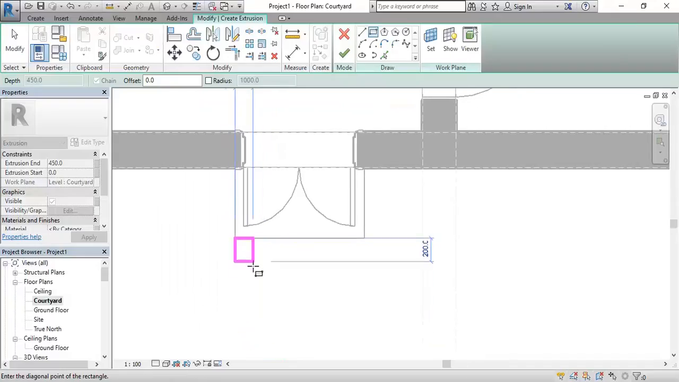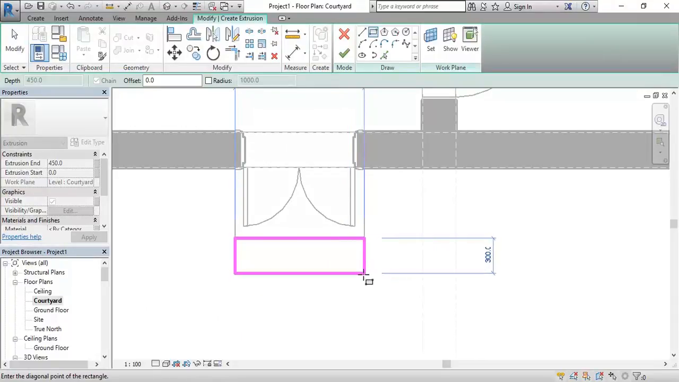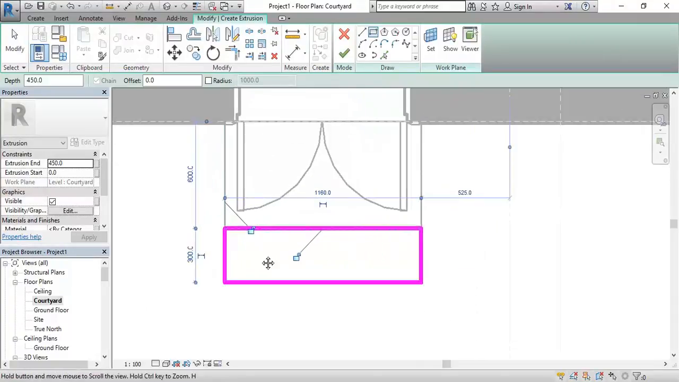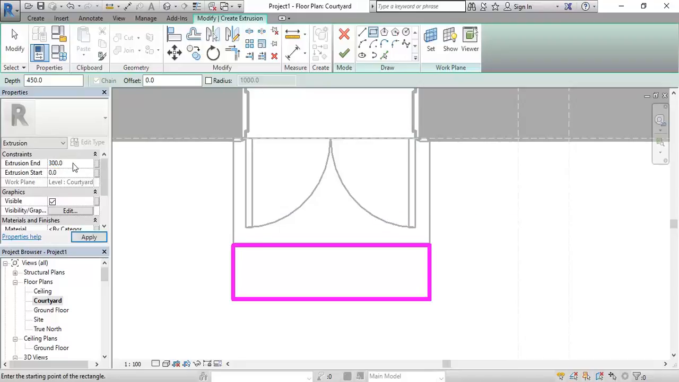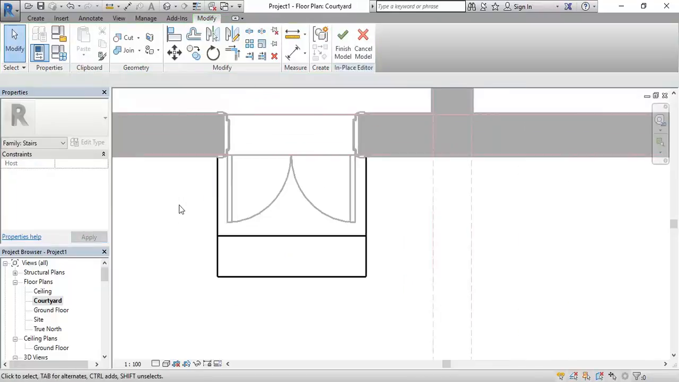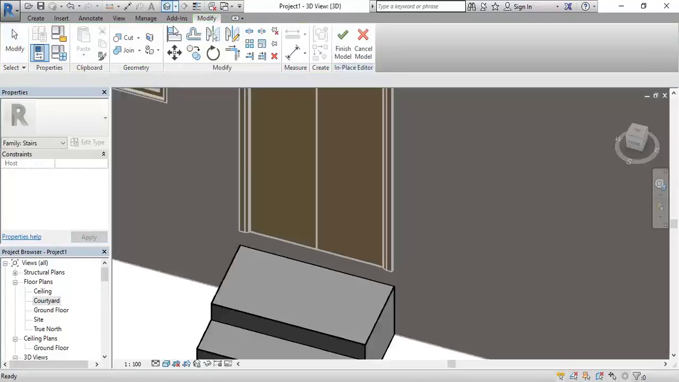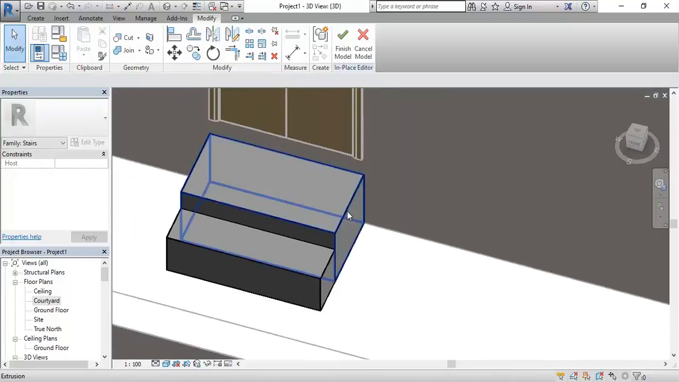Okay, so now we know some of the controls, so this tread depth can be 300. And notice my riser was 450 before. This time I want to be stepping down 150, so that's going to be 300. Tick to finish. So let's look at that in 3D. So we've got the step for the landing, step down one riser,